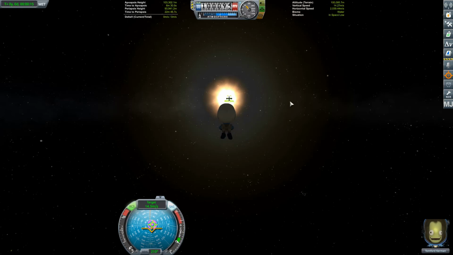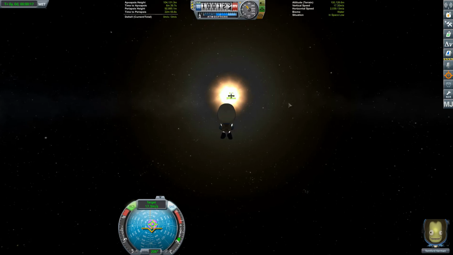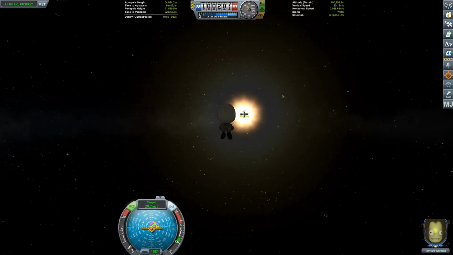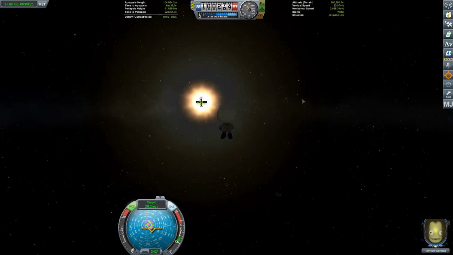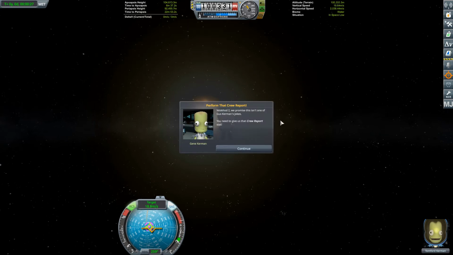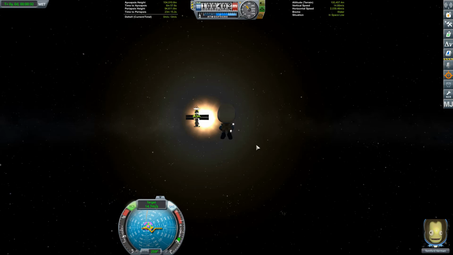As we drift across, fairly, don't want to go too fast because we'd end up shooting off straight into the sun, which isn't necessarily a good idea. Can't actually see the numbers. Probably really good. Oh, you did an EVA sat. Right, okay, let's